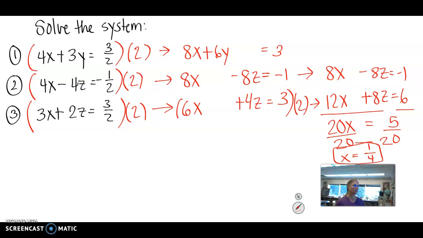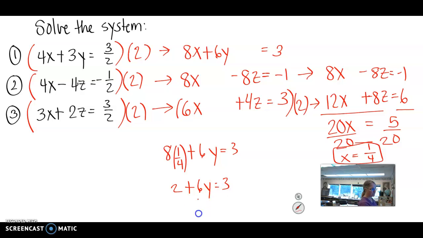Then you can put the 1/4 back into equation 1. I'm going to put 1/4 in here, and 1/4 of 8 is 2. So this is 2 plus 6y equals 3. We can solve for y by subtracting 2. I get 3 minus 2 is 1, divided by 6. My y is 1/6. I have fractions, but they end up working out okay. So now what you want to do is put your x